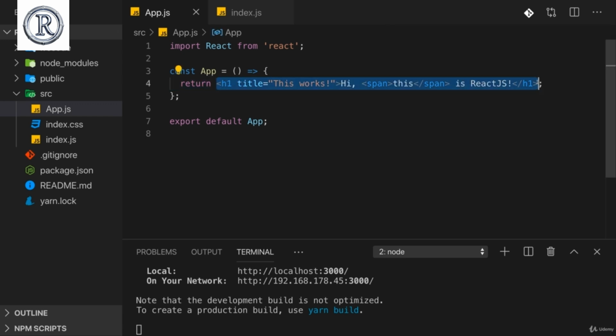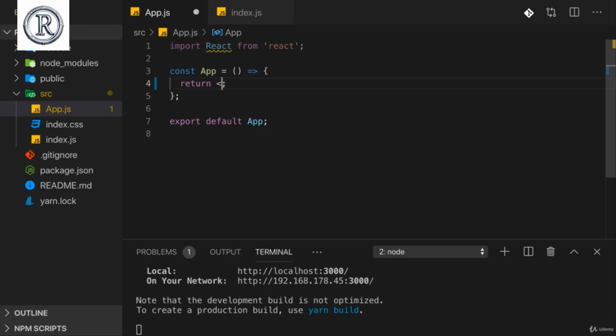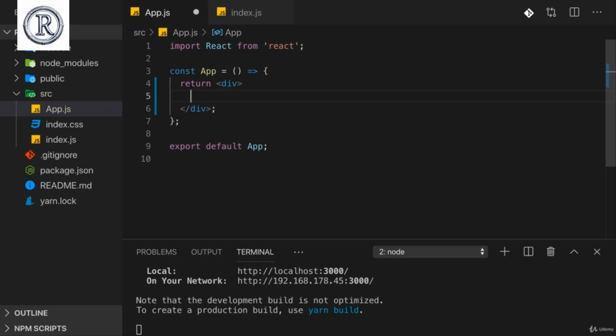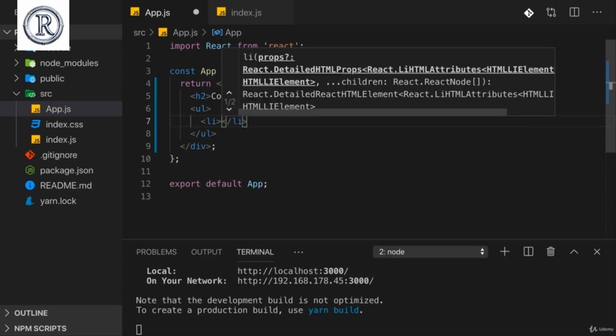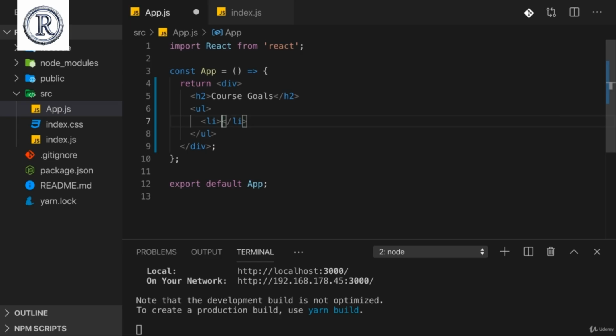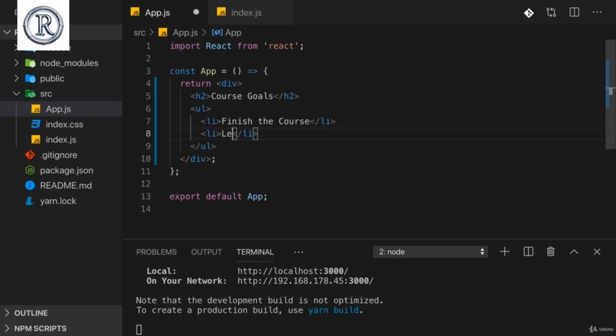Now let's start without splitting it though, and instead of outputting an h1 tag, here in App, I will use a div, let's say, and in that div, let's add more HTML code. I'm saying HTML here. Of course, it's JSX, but it is translated to HTML, to DOM nodes in the end, right? But it is JSX. So here we could have an h2 tag where we say Course Goals. And below that, we want to have a list, the list of our course goals. And there, a goal could be that we want to finish the course,